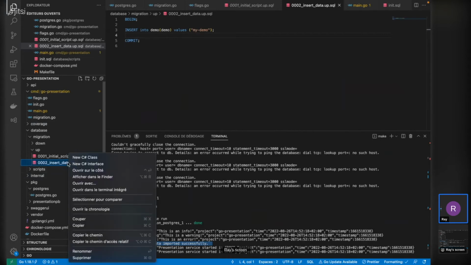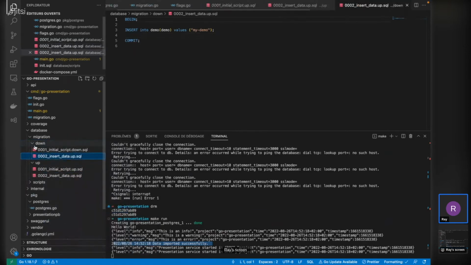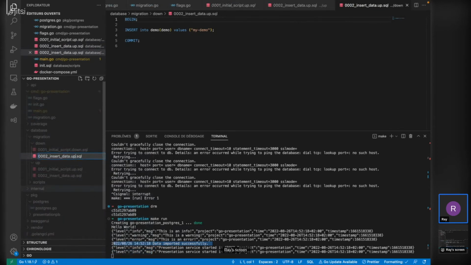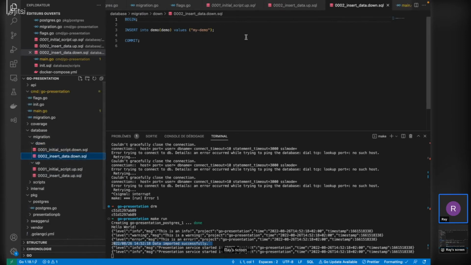And then I will also create a script in the down folder. So I have to name it down. And this script will be the reverse action of what I did in the up script.